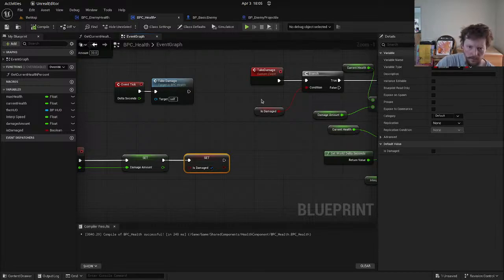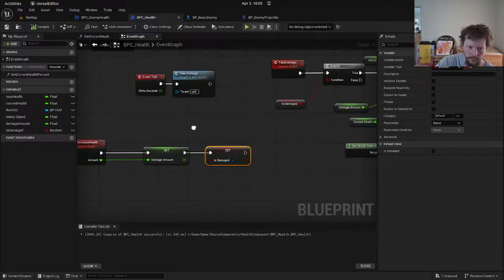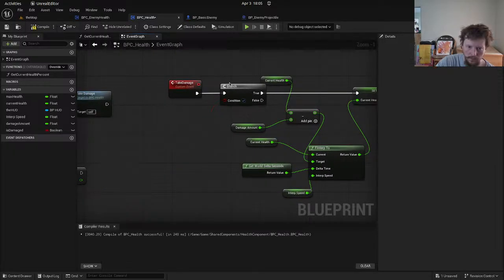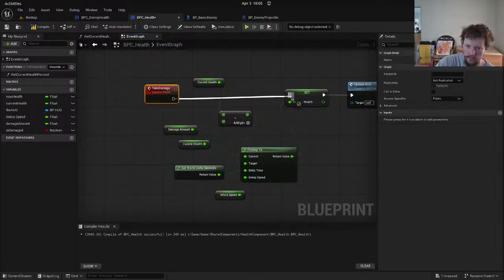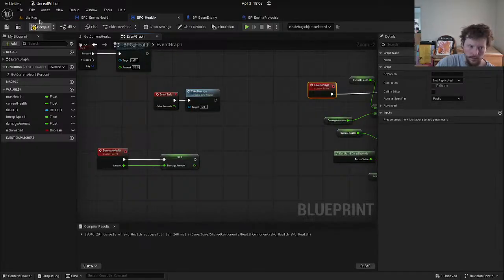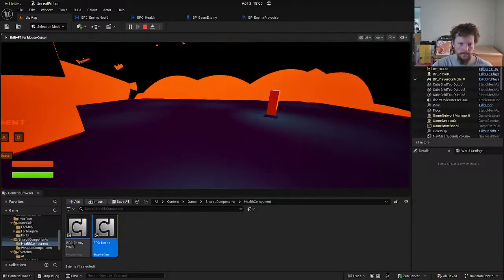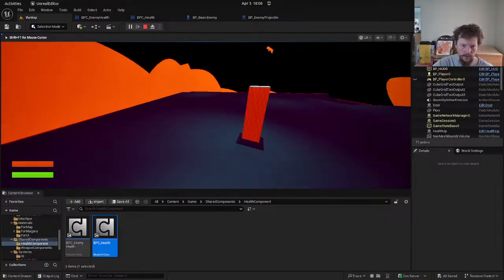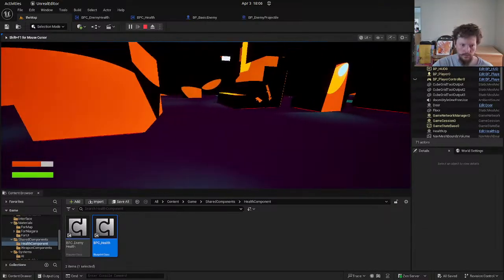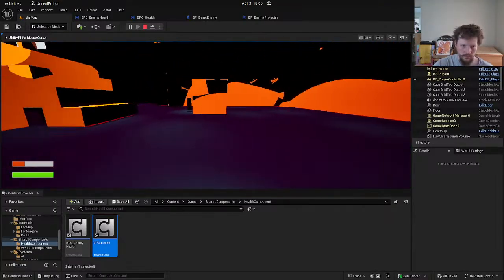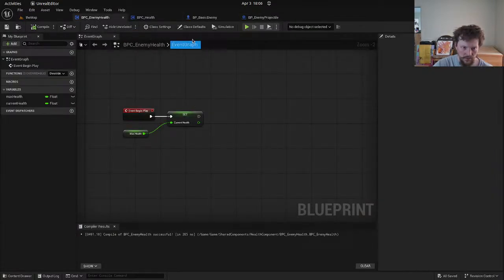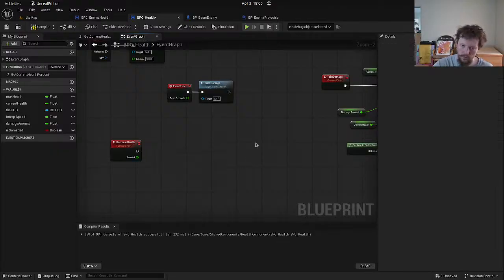I don't think we need this part. Maybe we do. So then damage would be 0, and then we're interpolating to 0. Let's see here. The reason why, I think, is because when it shoots me, that might be because damage never gets set back to 0 in that case. If we don't have this,